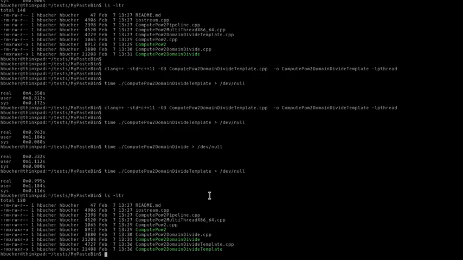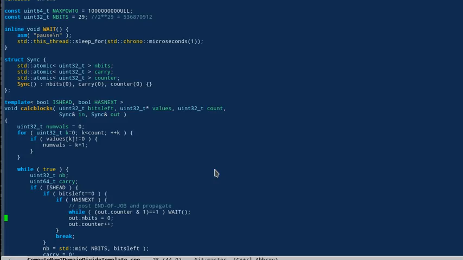Alright, so the fourth attempt is this multi-threaded x86, which is the same as the domain divide, but now I don't use 32-bit blocks anymore. I use 64-bit. It should be faster because you are using the full power of a 64-bit CPU. However,